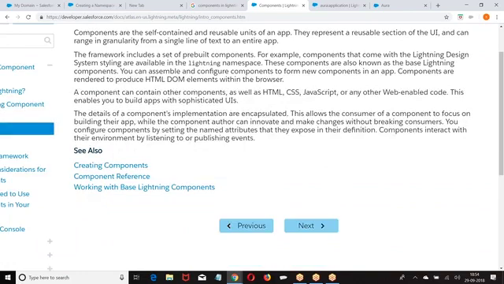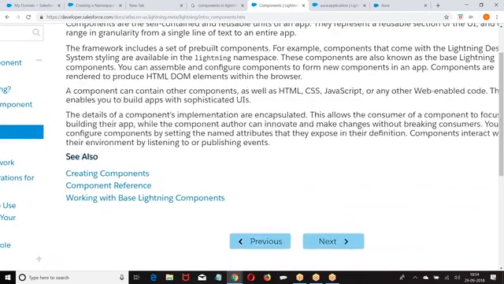Now, this component can contain other things. Your Visualforce pages are there. In the Visualforce pages, what can you do? Apex page itself is a component. That component can contain what? Other components, other standard components, other custom components, HTML, CSS, JavaScript, whatever is supported by the browser can be used in Apex page.